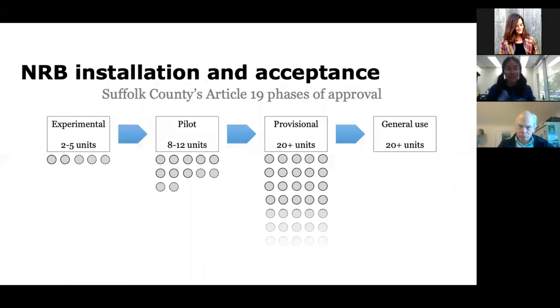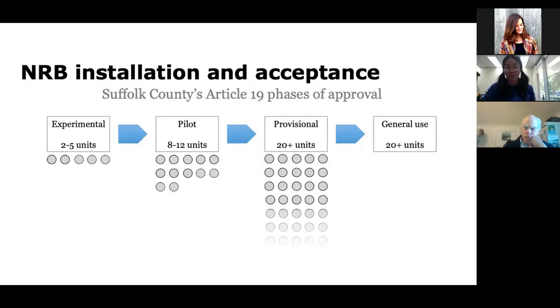So these were installed under experimental approval through Suffolk County's Article 19, which requires between 2 and 5 systems to achieve 75% of systems with effluent less than or equal to 19 milligrams per liter over 12 consecutive months. So once that is completed, and we expect the lined and unlined systems to meet that requirement within the next year, and the wood chip box systems shortly after, then we would